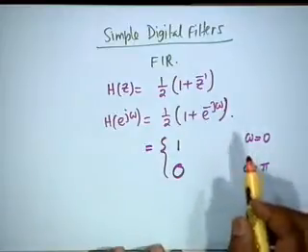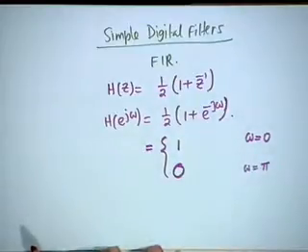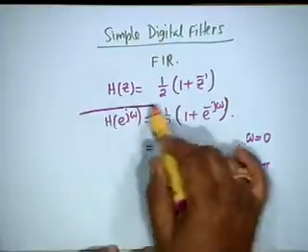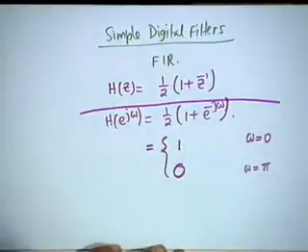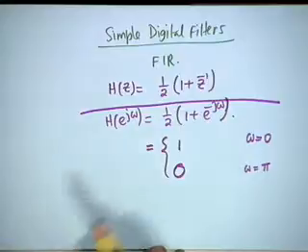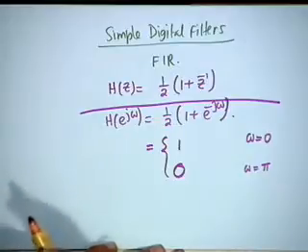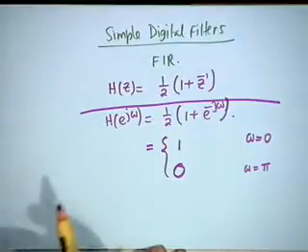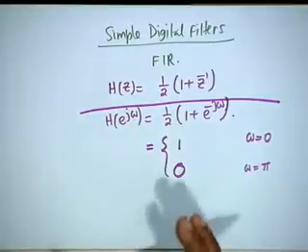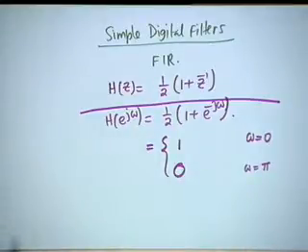Now, in order to decide whether it is a low pass or high pass or any other kind of filter, later on this step will not be required, because omega equal to 0 corresponds to z equal to 1. Isn't that right? Omega equal to pi corresponds to z equal to minus 1. So, you just have to find out plus 1 and minus 1. Suppose both of them are 0, then you know that in between there must be a maximum. So, it must be a band pass filter. Agreed? We will come to the band pass case later.